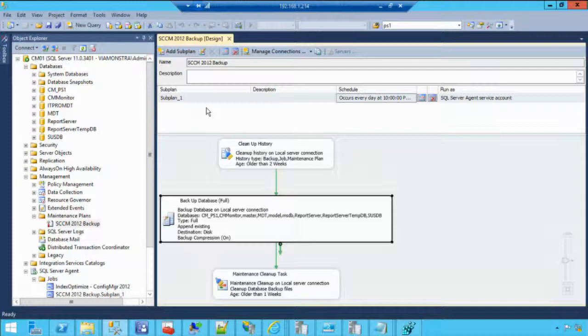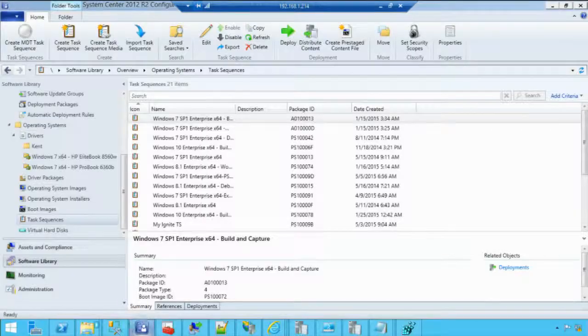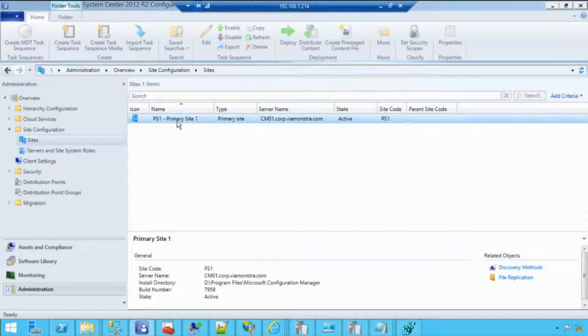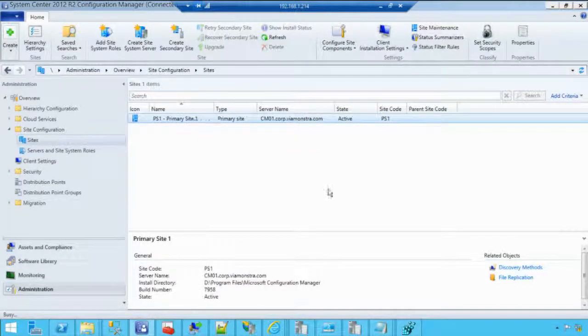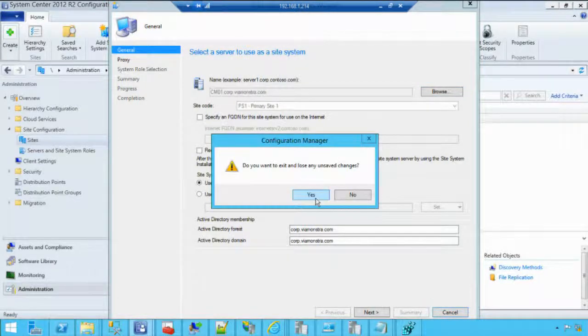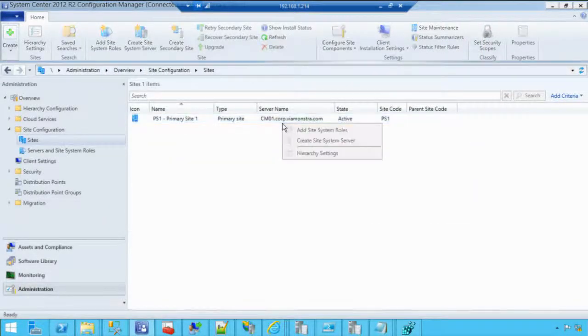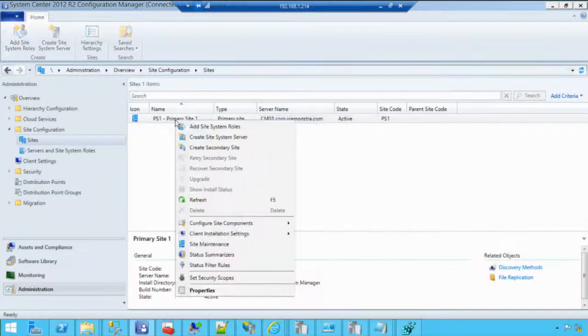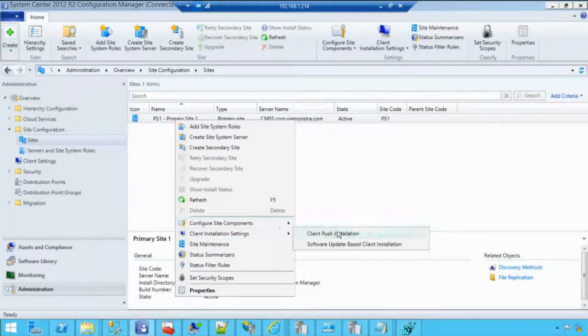Now, what about the configuration? Well, in Config Manager, as you probably know, SUP is a role that you add as a normal site role. So you will go to the admin node, you will go to your sites, you will right-click, you will say Add System Roles, you click through the wizard, and you select the role. And once you have done that, you end up with the configuration available on the site in which you can configure the various